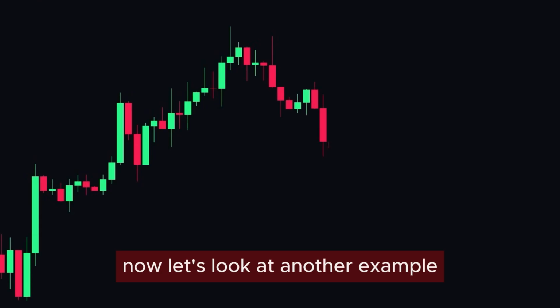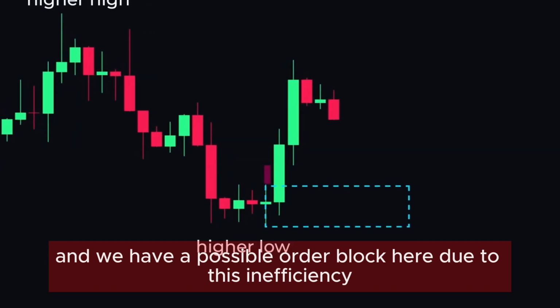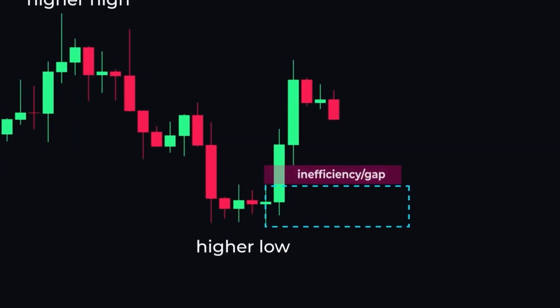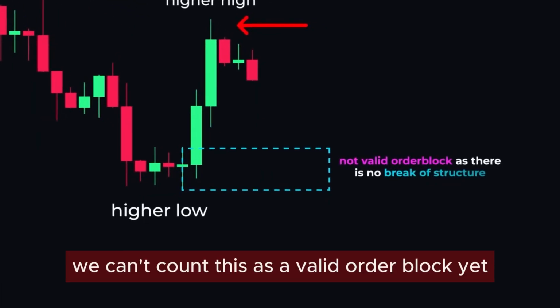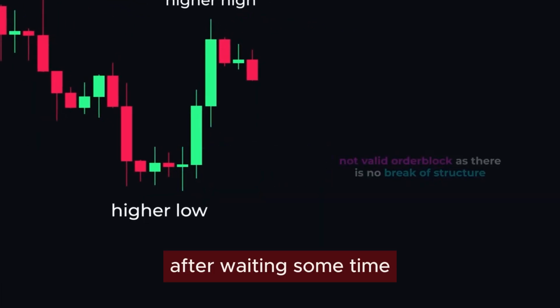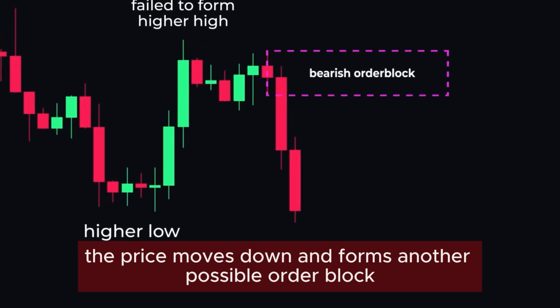Now, let's look at another example. In this chart, the price is forming higher highs and higher lows, and we have a possible order block here due to this inefficiency. However, since the price hasn't formed higher highs, we can't count this as a valid order block yet. After waiting some time, the price moves down and forms another possible order block, but this time it's